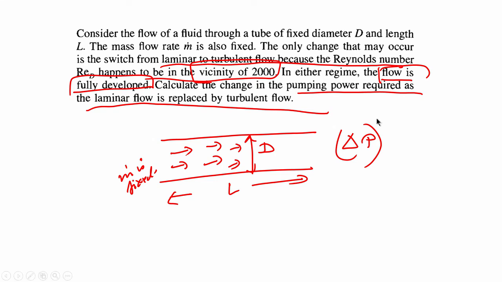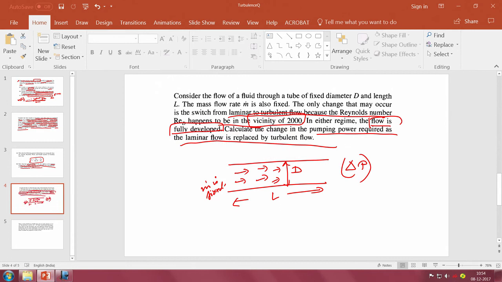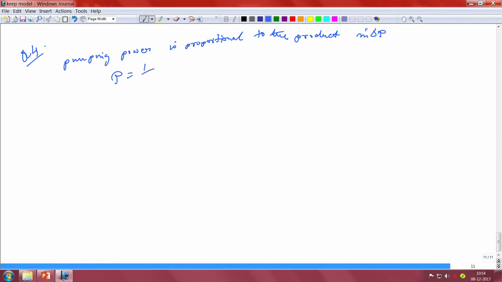So, let us look at this problem. It is a simple problem. Question 4. The pumping power is basically proportional to the product m dot delta p. So, P is basically equal to 1 by rho m dot delta p, where your delta